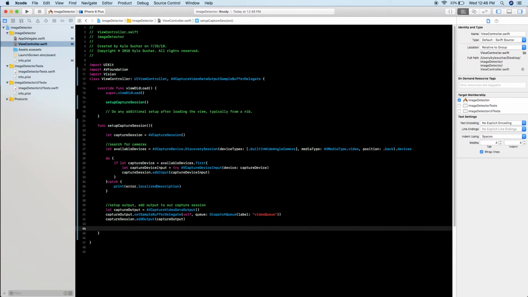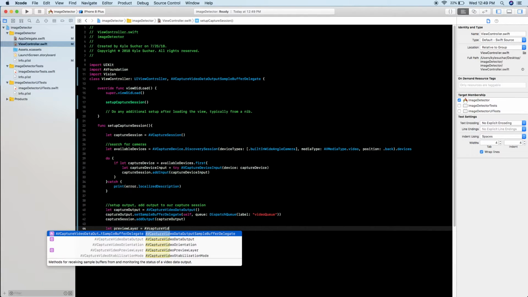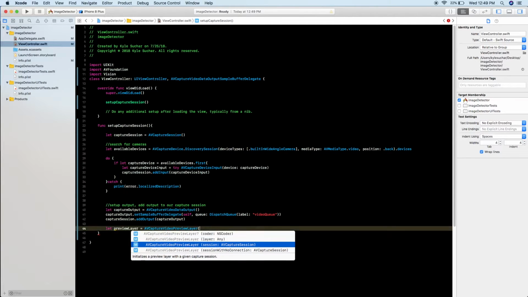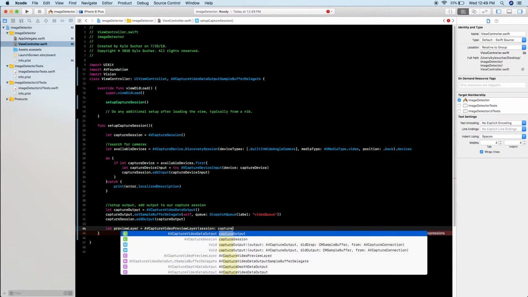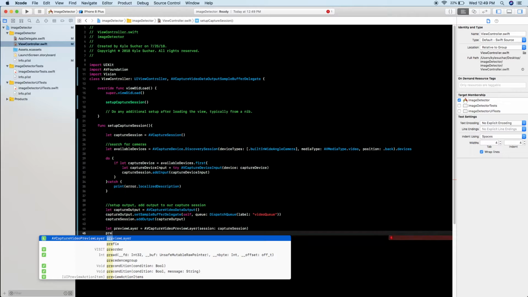And lastly, we need to create a preview layer so we can see what's going on inside the screen or inside the camera. So something like let preview layer equals AV capture video preview layer, and open bracket, and this time it's looking for a session, so we can just pass our capture session,